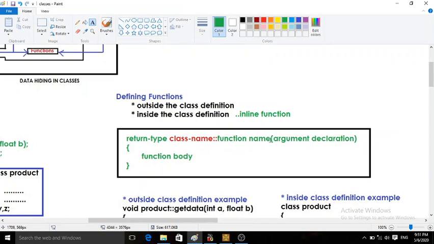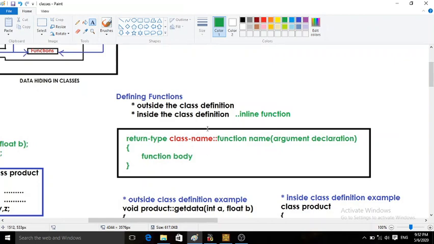After that, function name, argument declarations, that means data type, argument name, comma, data type, argument name, the list of arguments separated by commas. After that, within opening and closing curly brackets, you write the function body. If I remove this red string, the remaining definition is just like our usual function definition, with the function header as return type, function name, list of arguments, and the function body.